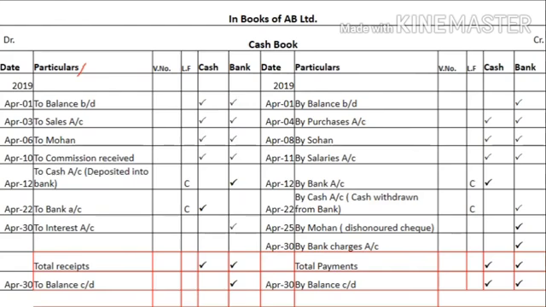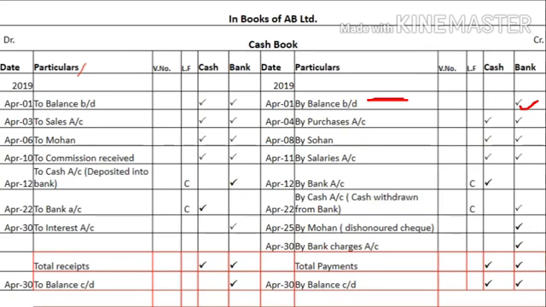Now regarding bank balance, there may be a credit balance which you better know as the bank overdraft. So in case instead of a debit balance you are given a credit balance of bank, then you will write here by balance brought down and the amount will be written in the bank column.